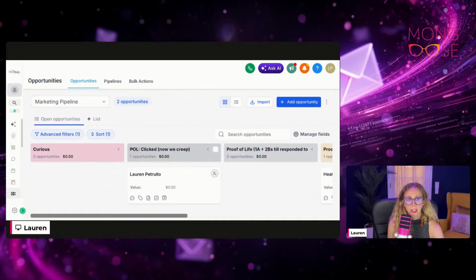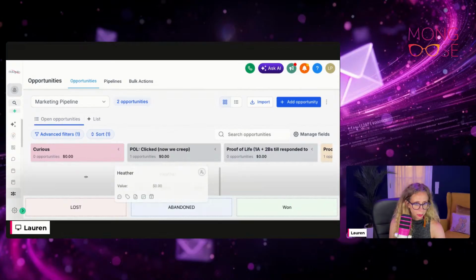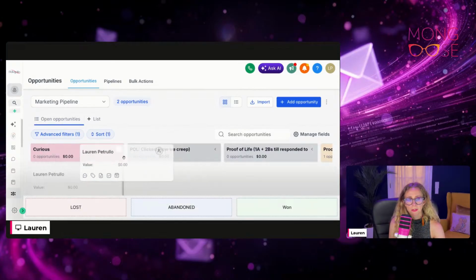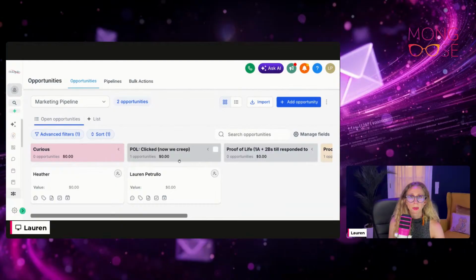So what we have is this trigger-based item. This happens automatically. If someone's engaging or clicking on any email and you refuse to have a hierarchy of information, you're missing out on revenue. When I have someone that's here and a trigger automatically moves them here, I can send valuable data back into my ad systems. Heather, I'm going to throw your lead over, Curious. If this triggered event moves them from stage 1 to stage 2, that progression of stage, I can send within 15 minutes that this Lauren Petrullo contact is worth more money to my company than this Heather contact.